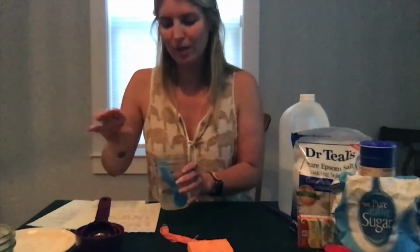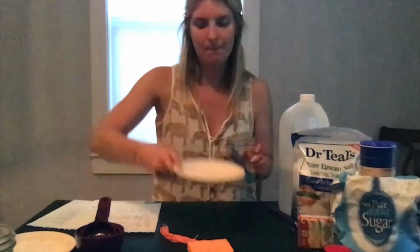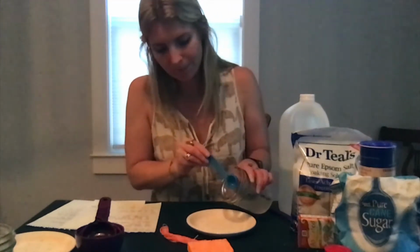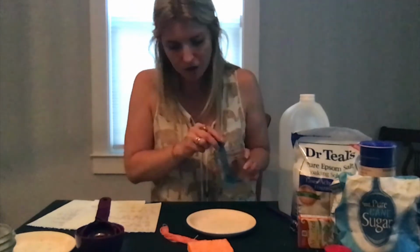Pour it into a shallow dish. And you just want it to coat the bottom of the shallow dish. So we've got one of these. That should be really thin, and just do a little bit, like ever so slight. And then you gotta leave that for a few hours overnight, and your crystals will start to form. Save this, because once they start forming, you'll be able to,